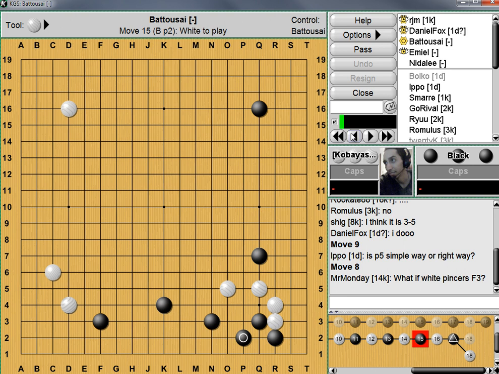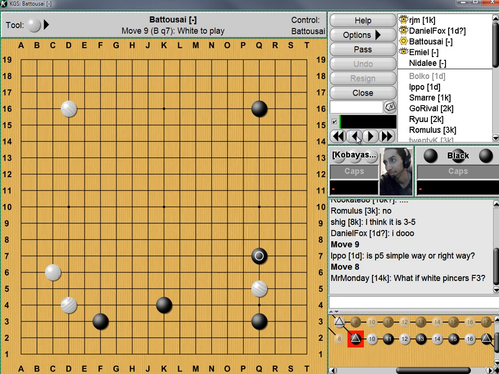What if white pincers F3? Then you're not in the Kobayashi. Nothing you can do really about that. Typically, I can give you a preference. My preference when